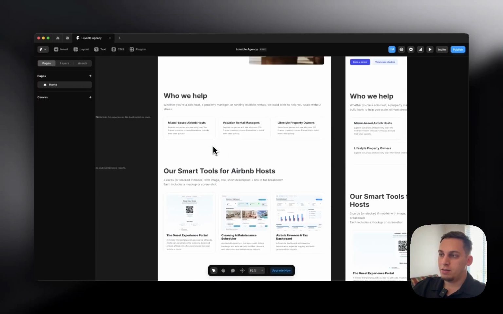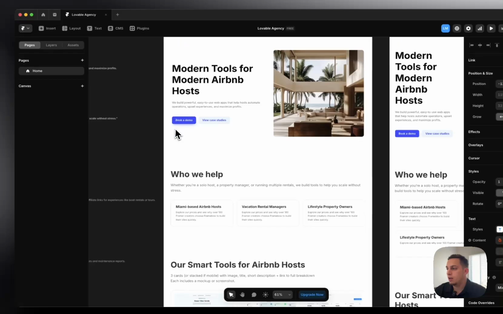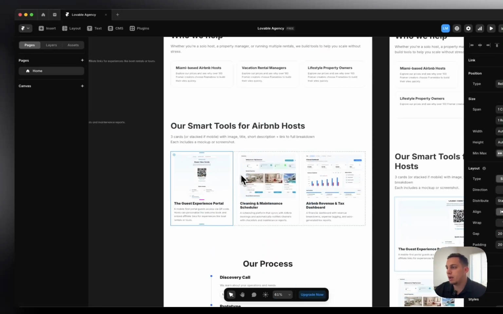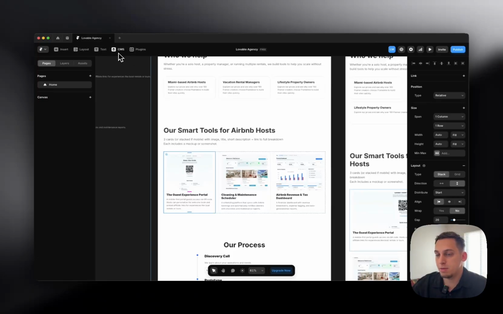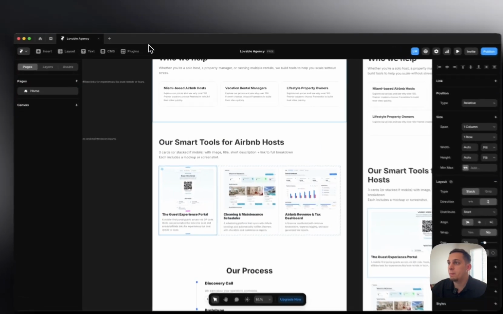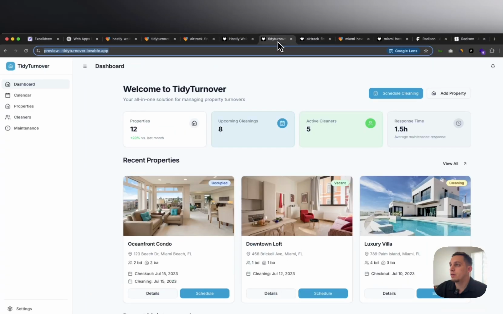So the design is kind of finished. Let's just say that it is. I know that it's not finished, but let's say that you finish your branding, you put your logo, right? You add your colors, your font, whatever. Now what we want to do is create these different portfolio pages. So I would recommend using CMS for this, right? And then in CMS, you kind of build like a template page for each one of these. And you can basically just link them to your projects over here, to these different preview URLs for potential clients